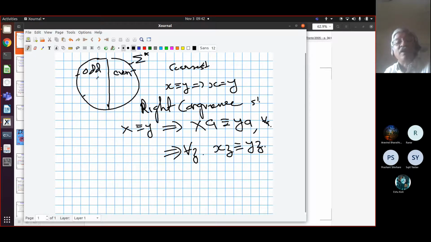So for example, if you take this odd-even equivalence, it will satisfy this right congruence property. Because take two words x and y which both have odd length. You extend them by one letter, then both of them will have even length and so they will remain equivalent. So you see the congruence property? Yes, sir. In this problem, it's clear.